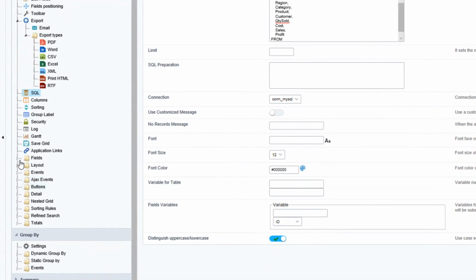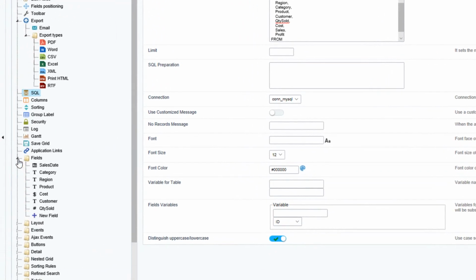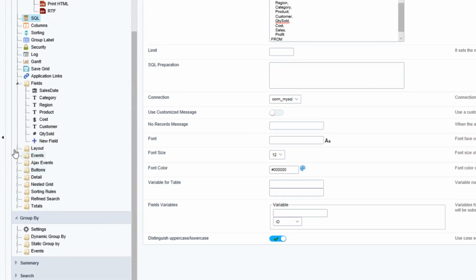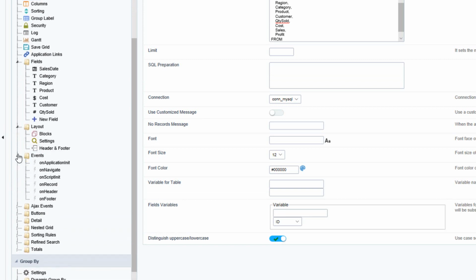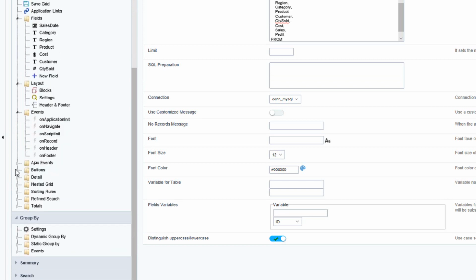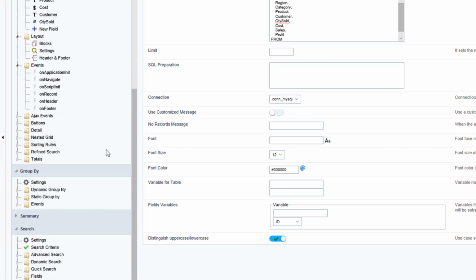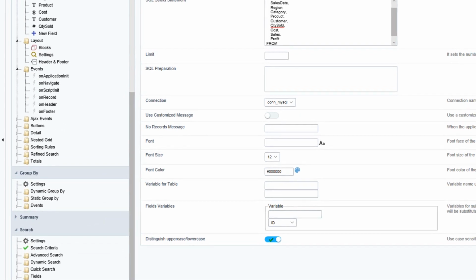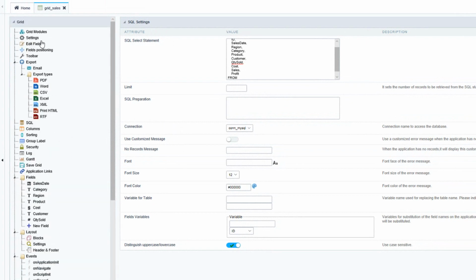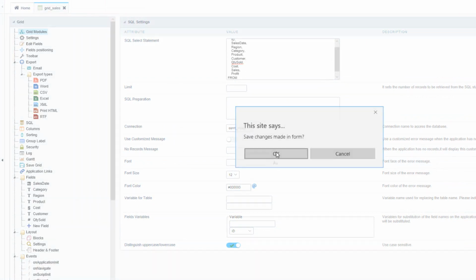We have many more options available, as well as the individual fields, which we can then select, layout options, and even events, which we can apply within the grid application. We have group by options, a summary, search, and more refined options per module that we have available within the grid application. So let's go back to our modules,